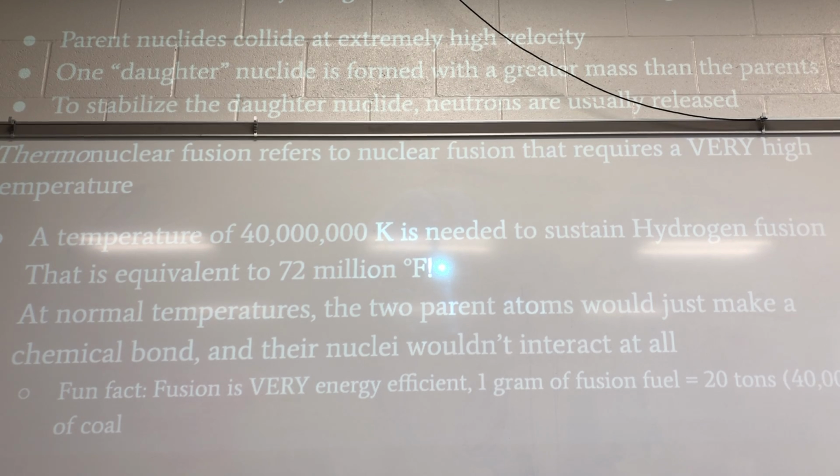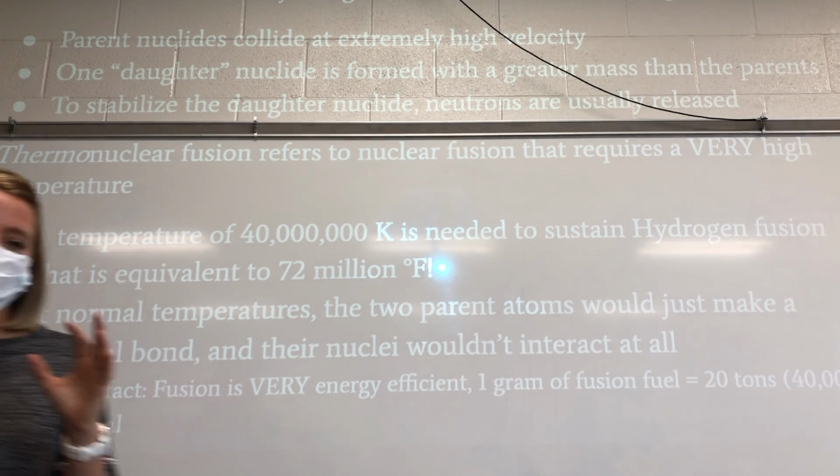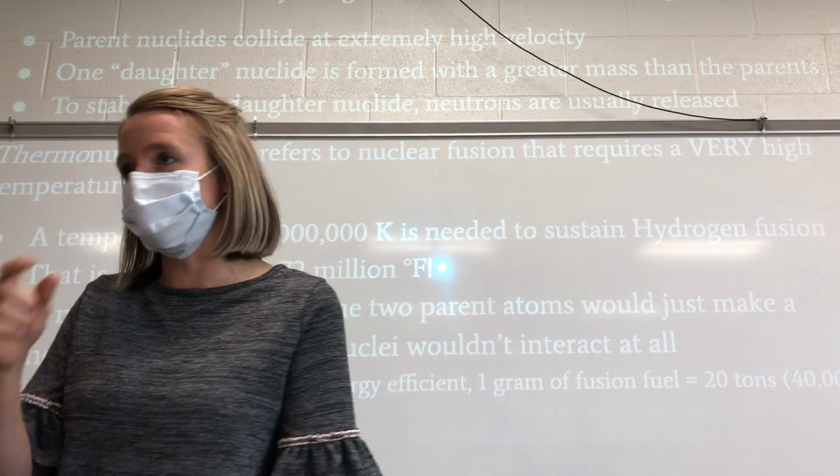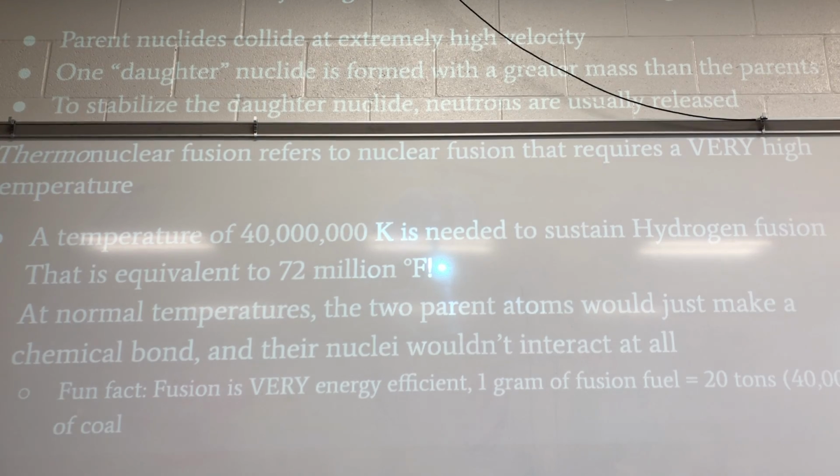Okay. So we call the things that start as the parent nuclei, and then they fuse together and make what's known as the daughter nuclei. There's just kind of some terminology that we'll use. Now, it's a simple process, and like a lot of people noticed with the pattern, it's very simple math. In theory, though, it's not as easy as just, okay, here, I have an atom, you have an atom, let's throw them together and hope they stick. Okay? The energy that is needed to make fusion happen